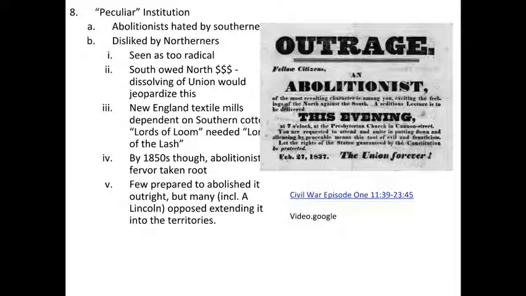But again, if you have questions, please make sure you write them down. We will get back to this lecture next week as we start talking about Unchained Memories and the slave narratives, and we really get into slavery, and then we start talking about the Mexican-American War, which was one of the first national wars that dealt with the issue of territory that we newly acquired and what we should do with it regarding slavery and all the new territories that we're expanding to as we take on this idea of manifest destiny.